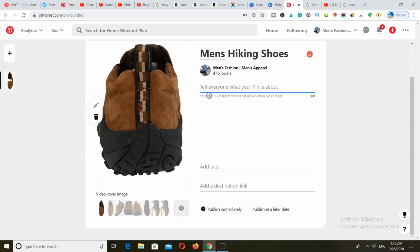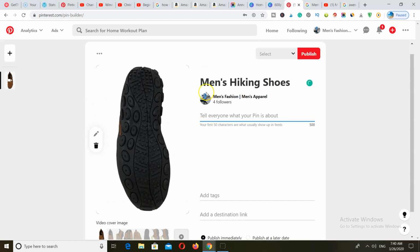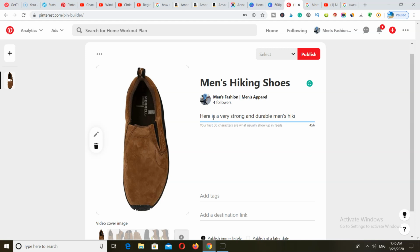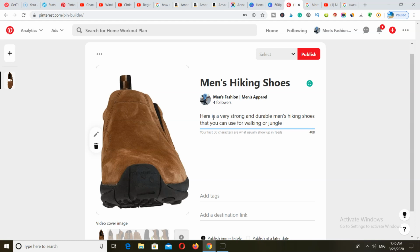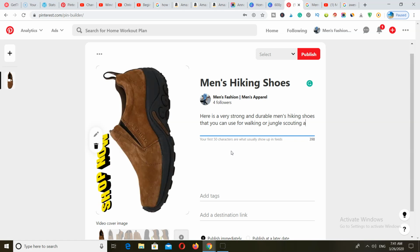You also want to add in enough keywords in your descriptions, but make sure that you do not do keyword stuffing on Pinterest because it just doesn't work anymore. So here is a very strong and durable men's hiking shoes that you can use for walking or jungle, what was that called? Scouting, jungle scouting as well. So you have 500 characters, and you want to make sure that your keywords are in